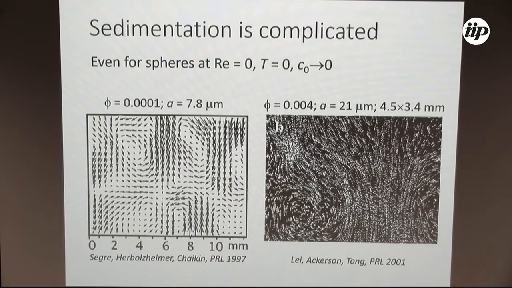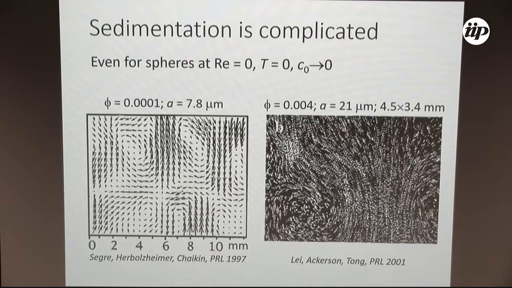So first of all, I would like to tell you that it's a complicated system. Again, you can see here results of two famous experiments. Phi is a volume fraction. Please note how small the volume fraction is. The particles are big enough so that they are non-Brownian. And therefore, all this chaotic behavior and highly dynamic behavior that you see here comes not from thermal fluctuation. It comes from the chaotic dynamics of the system itself.